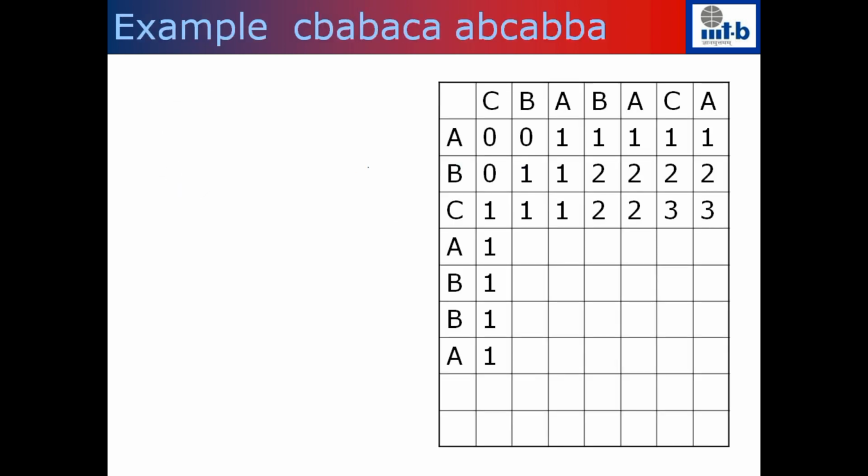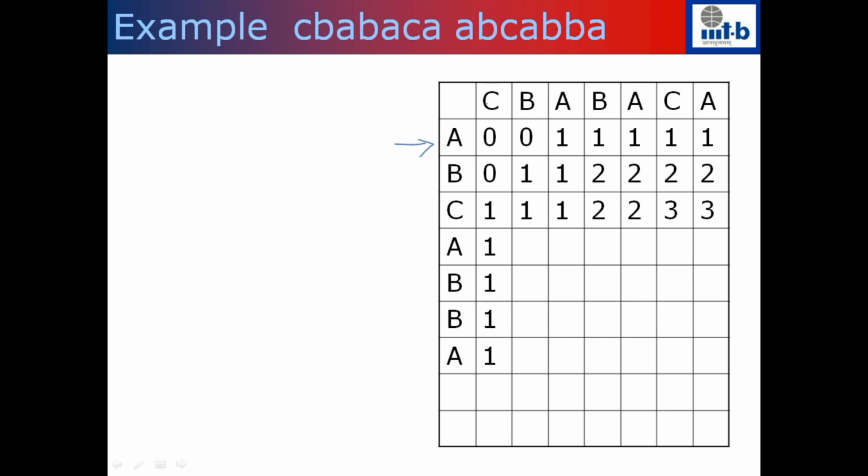So let's look at this example. First we initialize the first row and the second row. The first character here is a. Till we see the first a in y, this is set as 0. This is c, which is not equal to a. This is b, which is not equal to a. We set it as 0. So once we see a 1, everything else remains as 1.